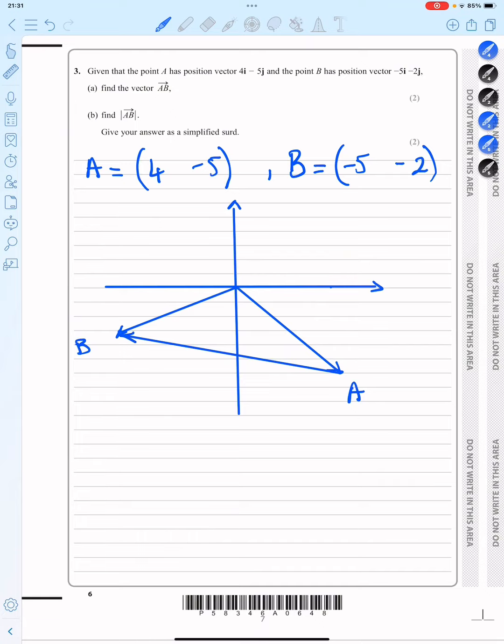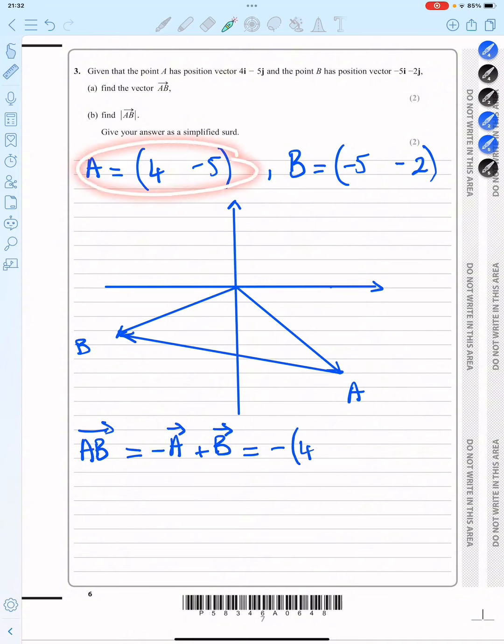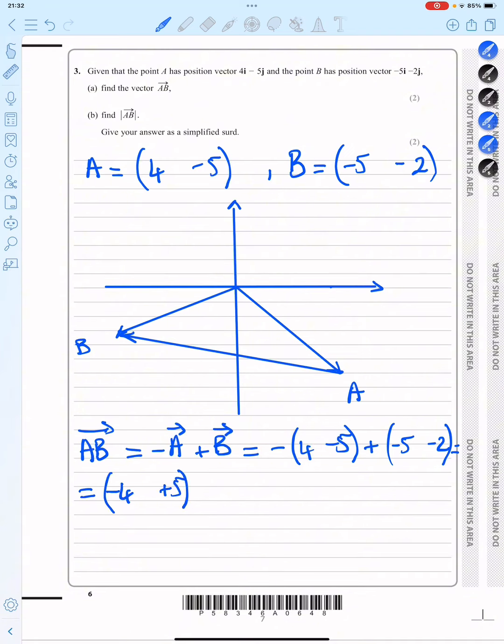Now AB, to go from A to B, we would go backwards, minus A, and then plus B, right? So it would be minus A plus B. So the vector AB is minus A plus B, right? Which is equal to minus the vector A, so minus this vector, plus the vector B, which is (minus 5, minus 2). And that is equal to, this minus here would change the sign inside, so we would have (minus 4, plus 5) plus (minus 5, minus 2), and that is the vector